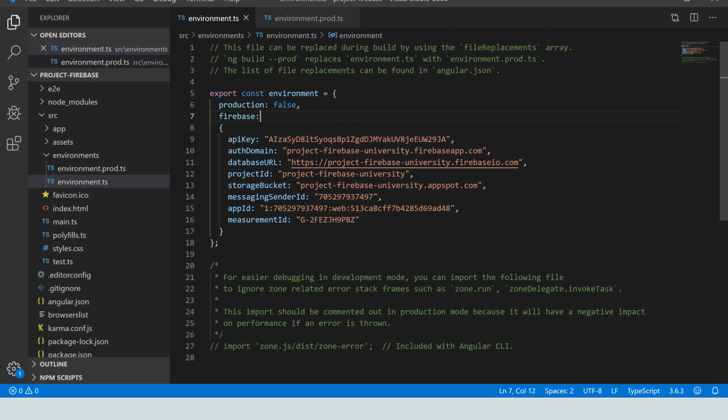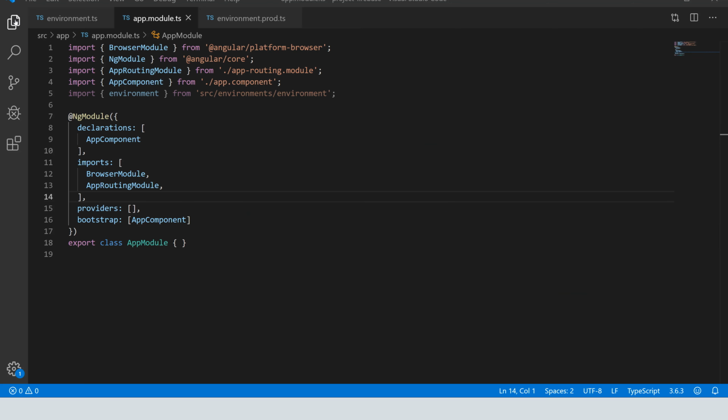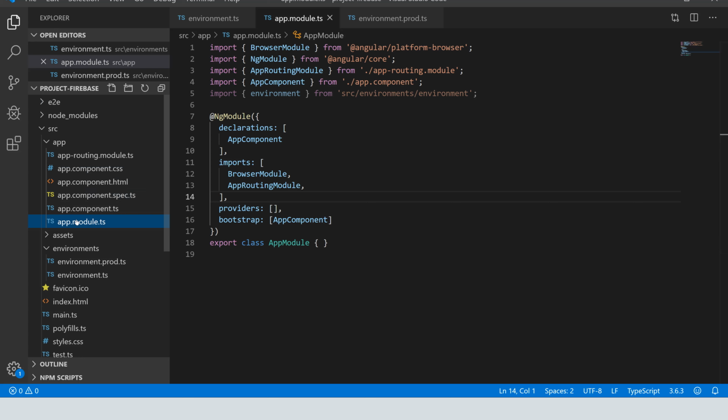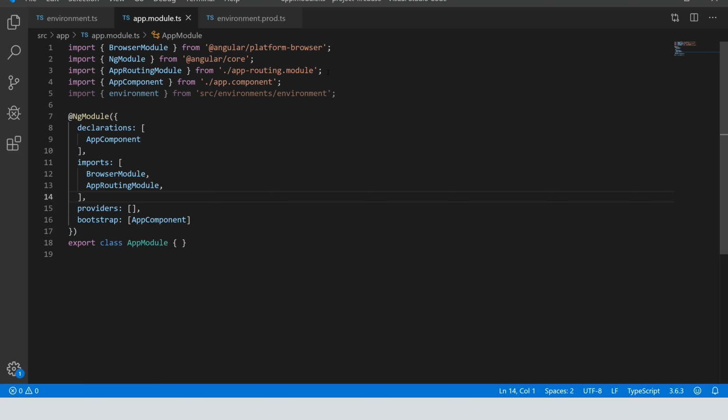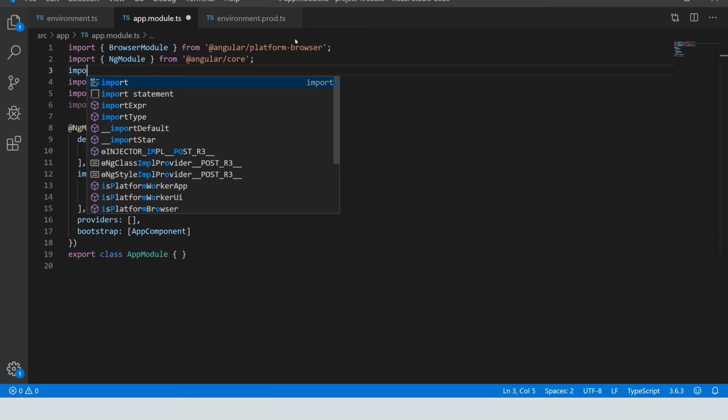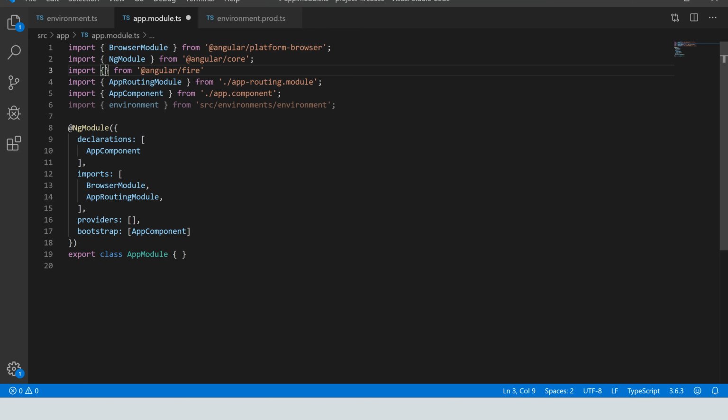This is the first step, and the second step will import the modules of Firebase in our application. So we need to import some modules in app.module.ts. So in app.module.ts, we need to import some modules for Firebase. So we do import. We need to import the AngularFire module. We import here,